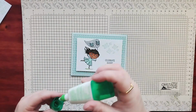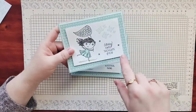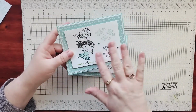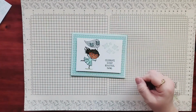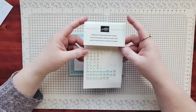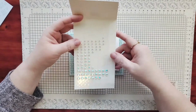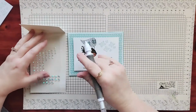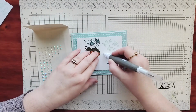For my sample card, I used the holiday rhinestones, and those technically are Coastal Cabana, but the holiday rhinestones seem to pick up the color of the paper. But today I'm going to showcase one of my favorite things from the new mini catalog, the iridescent rhinestone jewels that are gorgeous. So I'm going to use some of these small ones. Grab my take a pick tool